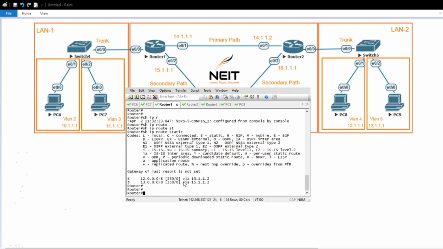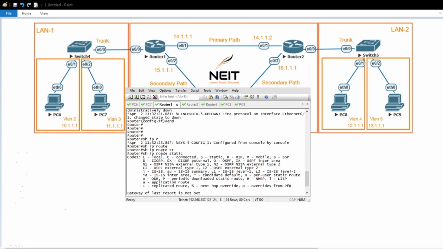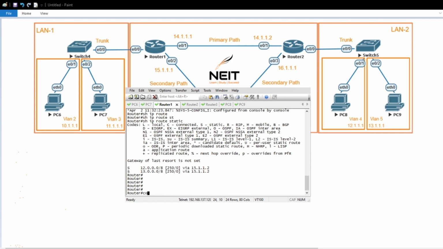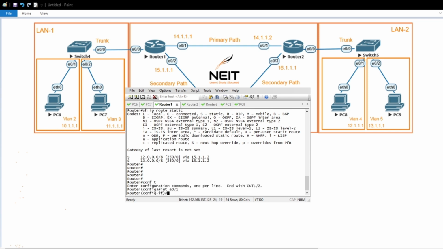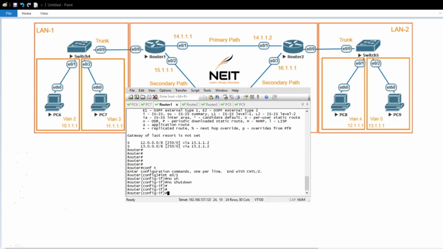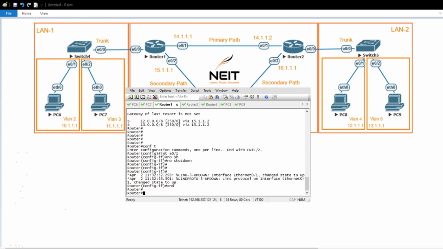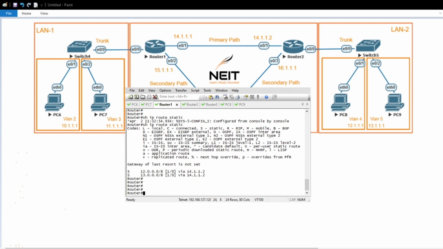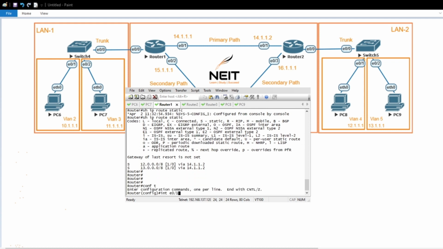Okay, but now the task is saying that if the primary path goes down, router 1 should not select the secondary path. Router 1 should not remove the static route entry from the routing table. So for that we have to add the permanent keyword. So let's make the interface E0/1 again, no shutdown. Now again we can see that it is selecting the primary path. So for that we have to add the permanent keyword